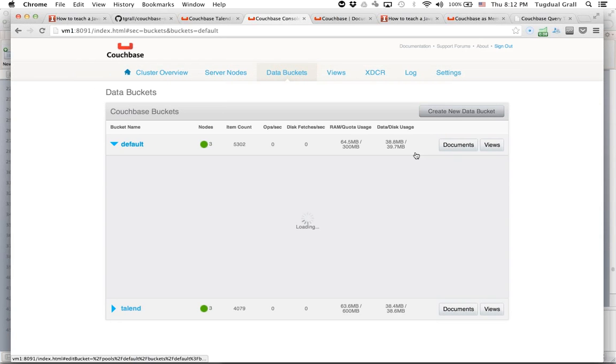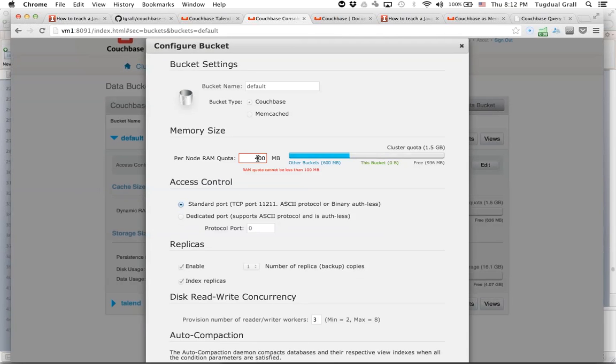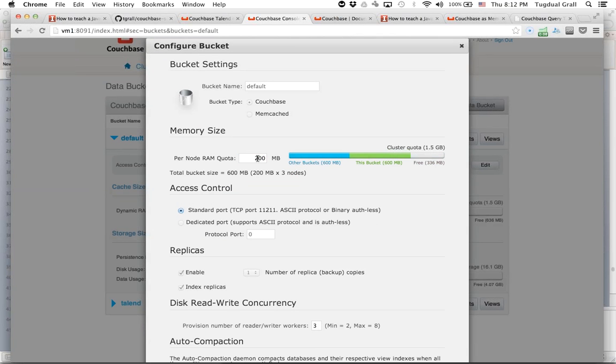And remember that by adding new nodes or configuring your cluster and your bucket, you can tune the memory as much as you want. If I want to add more memory to this cluster, just do this. If I have enough room, I will be able to add it. So moving from a 300 megabyte cluster for my data to 300. It's really a cache, managing the cache, but the data are on disk. Remember, we are a database.